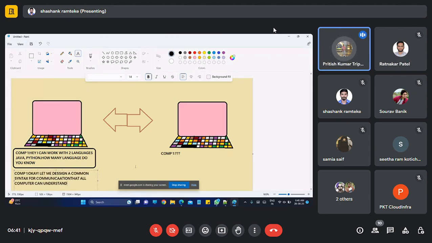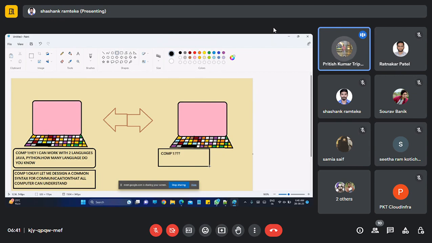Okay, so this is the next further details which the computer one has given. Which the computer one has given to whom? To the computer 2. Do you think the computer 2 will understand this? Yes or no, guys?